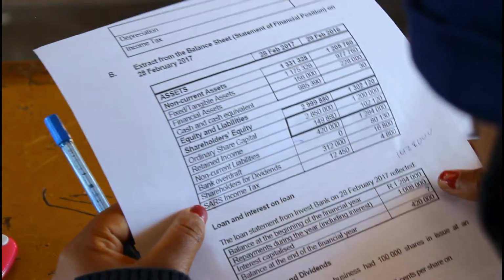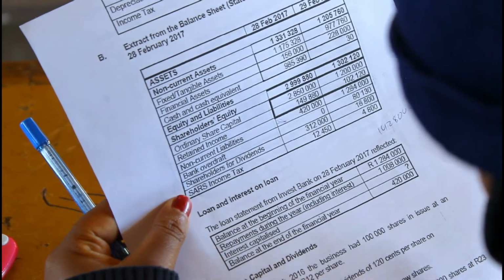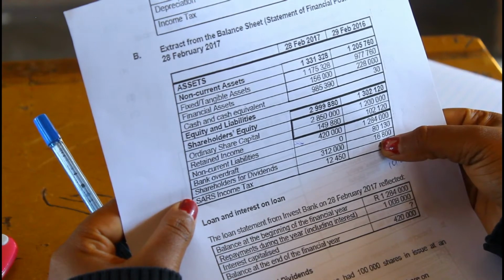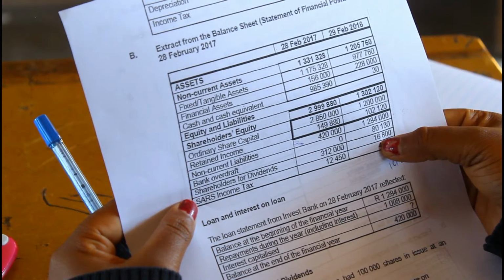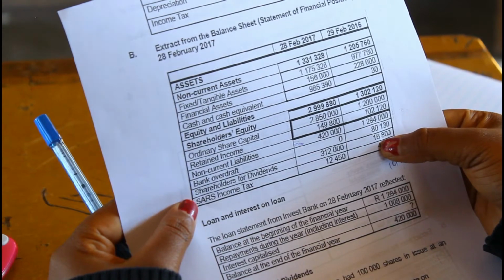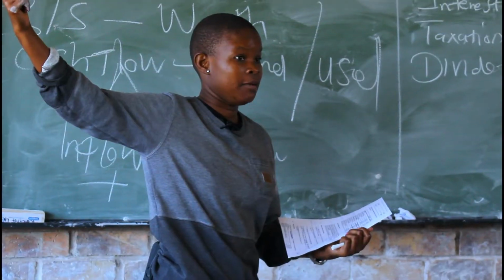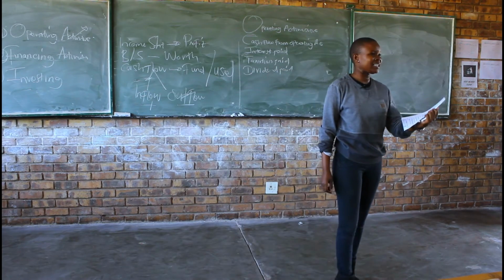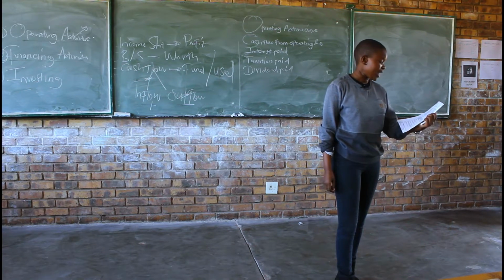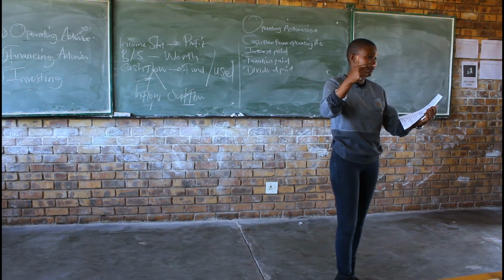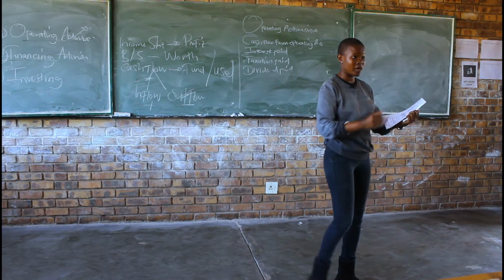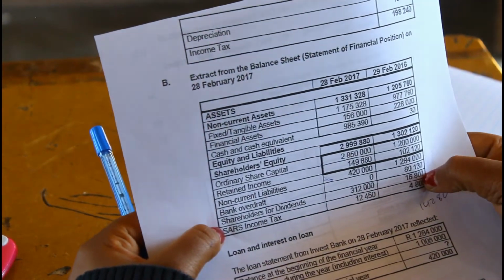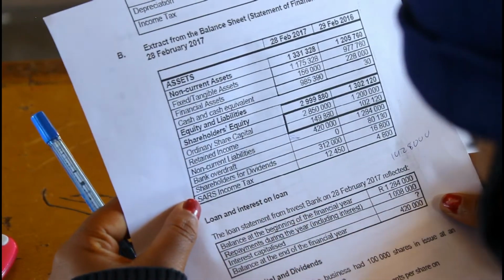There is a difference between interest paid and interest capitalized, but that's not on your standard. I don't want you to think about it too much. Interest capitalized, interest expense, the one you find in the income statement. So now I want you to use that information to calculate the interest capitalized. You have the balance at the beginning. The repayment is always in brackets because it's what you paid during the year, including the interest. We now need to know the interest capitalized and then the balance at the end of the financial period.